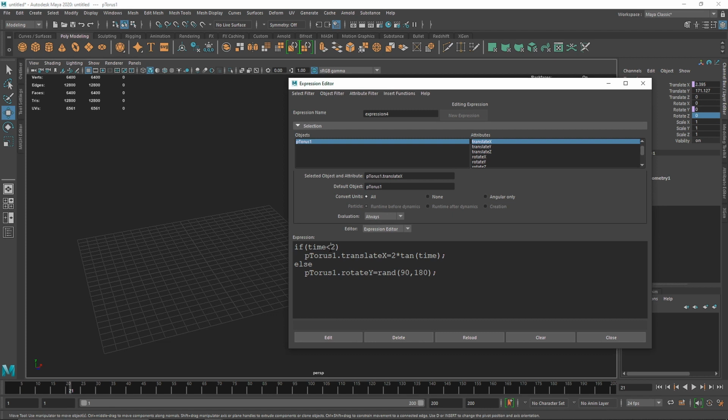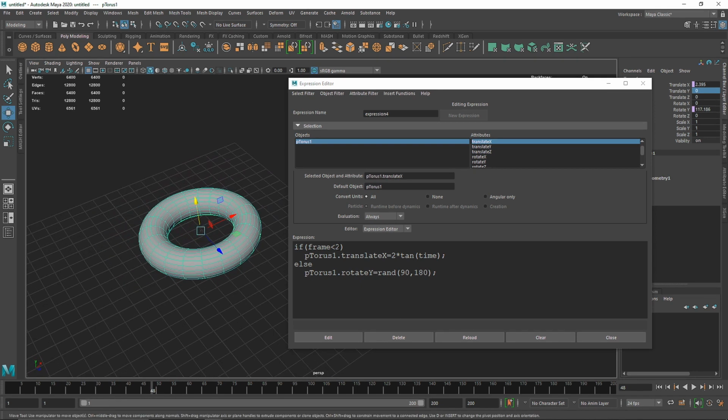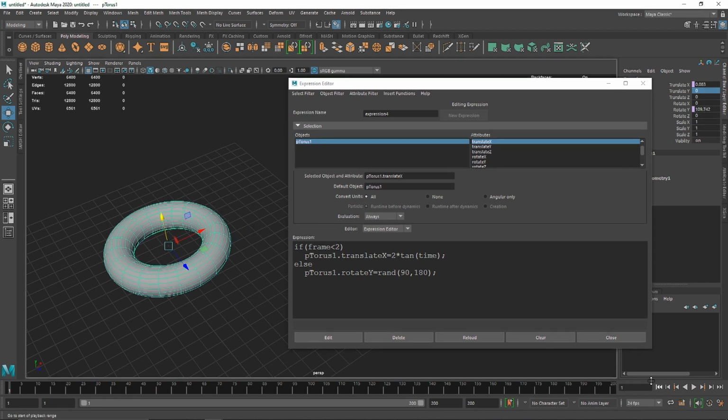So I'm just going to hit frame here, and I'm going to hit edit, and let me just use 0 for this direction, and I'm going to hit greater than 2, and let's hit edit. Alright, so if I play this now, you can see the overall rotation happening here. So what this is telling is the frame, if the 2 is greater than the frame of the origin, which